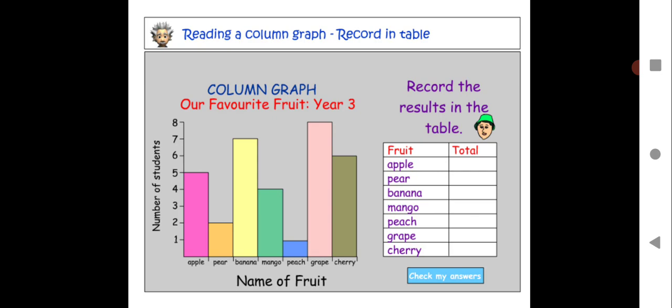So now number of students on the y-axis, how many children or how many students like banana. So here you have 7. You can see the bar graph and you can easily find, and you can easily see the record here. So very simple and very interesting bar graphs. You just need to have some knowledge about the bar graph as you have done the distance time graph, children.